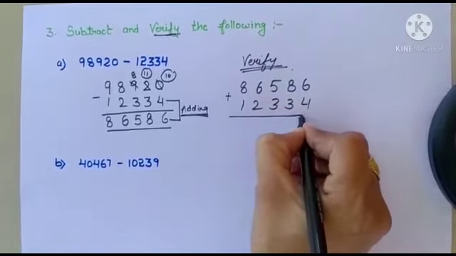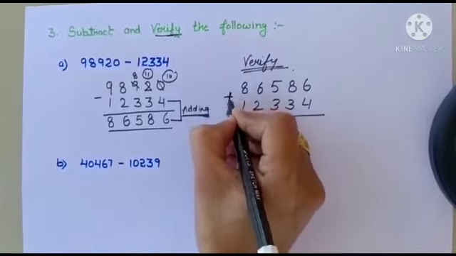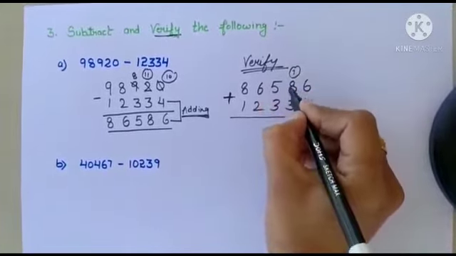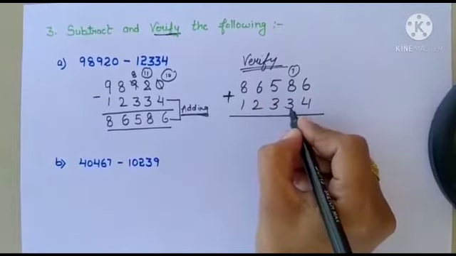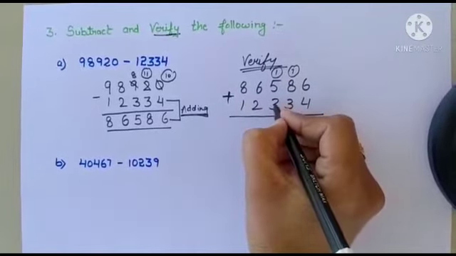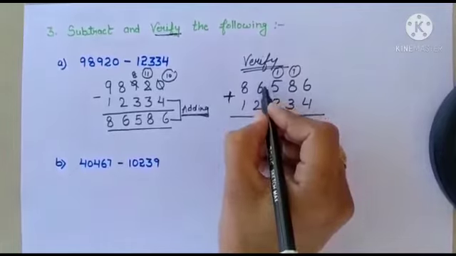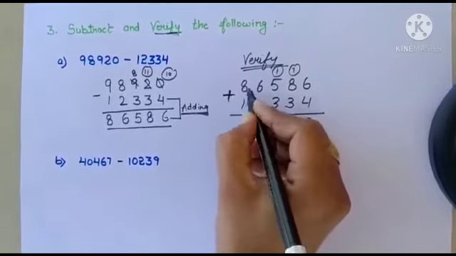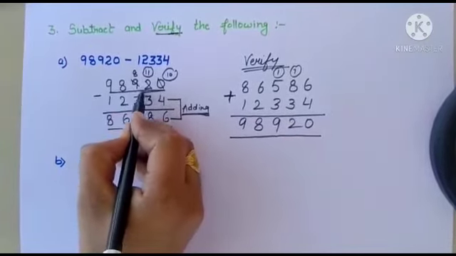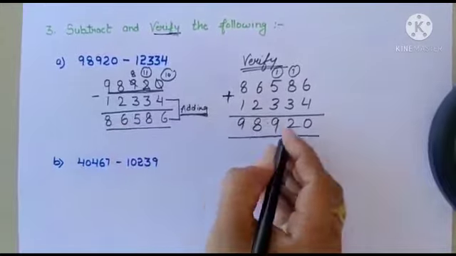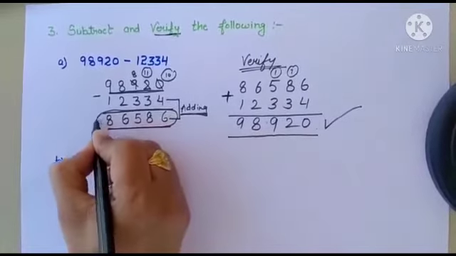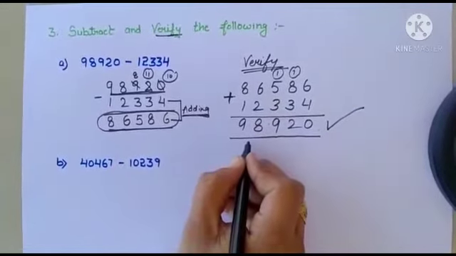Here we will put the plus sign. We will do plus. Now see, 6 plus 4, 10, 0, 1 carry. 8 plus 1, 9, 9 plus 3, 12, 2, 1 carry. 5 plus 1, 6, 6 plus 3, 9. Now this 8, 8 plus 1, 9. So see here, our answer came to this. Our answer has come, right? These both are the same. So this is the correct answer. So the subtraction we have done is verified like this.